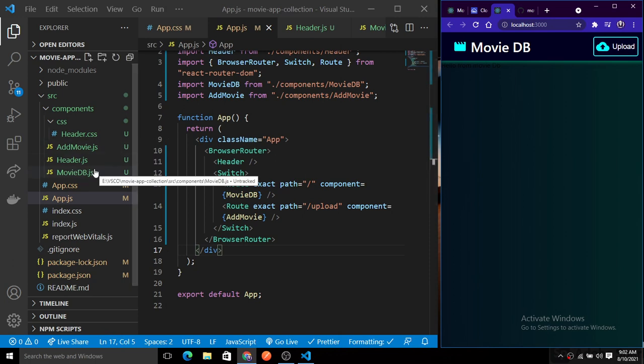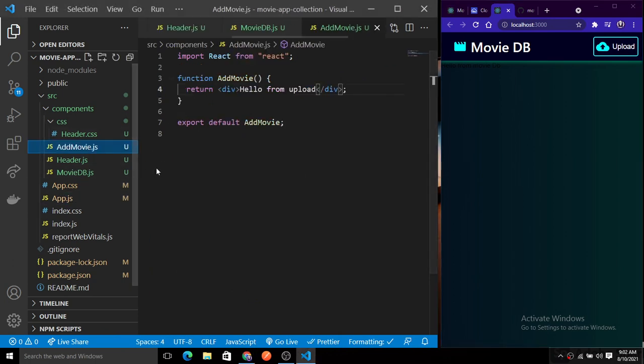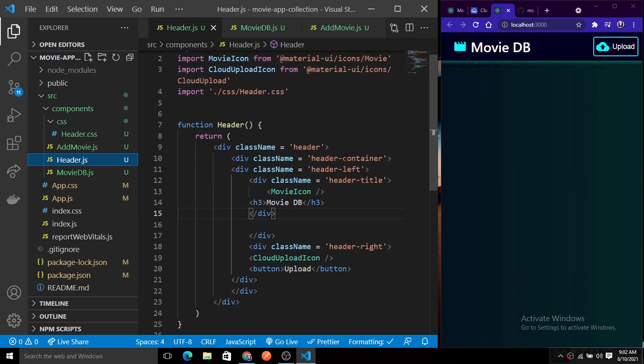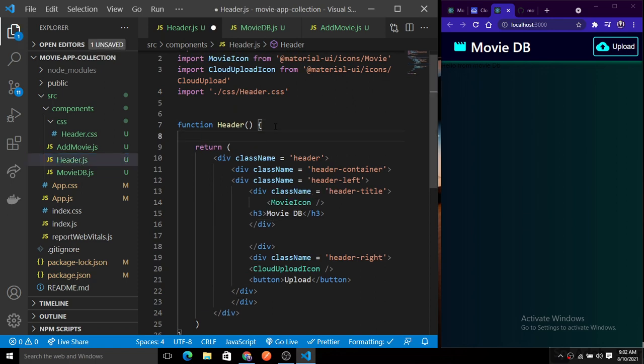First of all, we just do the coding for the add movie. So for adding the movie here, first of all, what I will do, you need to add a routes of there. So basically, if I click on this movie database or the icon of there, we just need to go back to our home page, means to our default home page there. So for that, I will just use useHistory there. So const history, let's put here useHistory, and we just need to import this useHistory from the React Router DOM. So it just provides us a function of history.push.